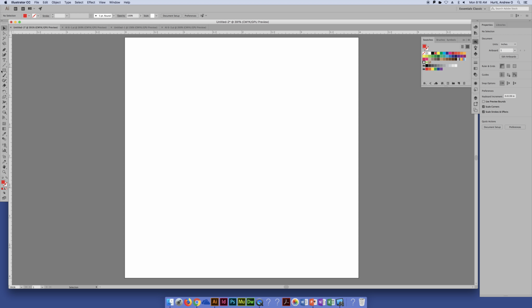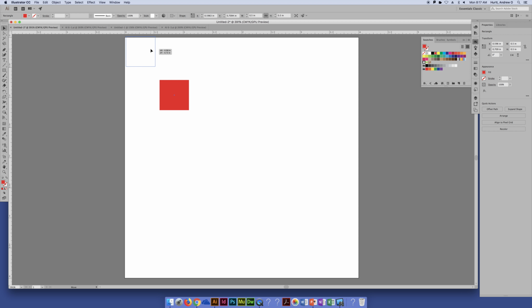So what we're going to do is create a 1/2 inch by 1/2 inch red rectangle, and then I'm just going to move it up into this corner here. And then, like I said, in this case where I'm teaching you the move tool, with something like creating